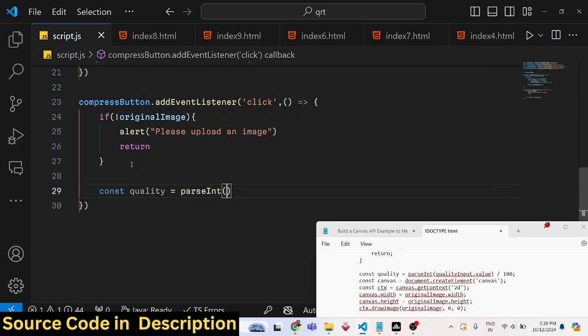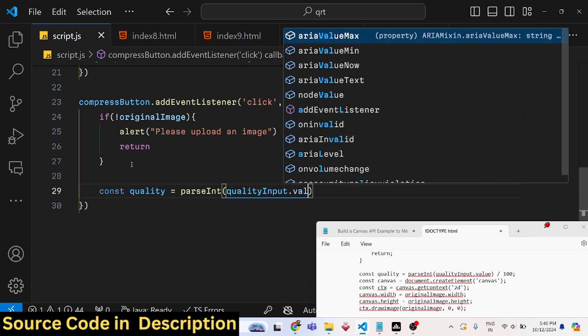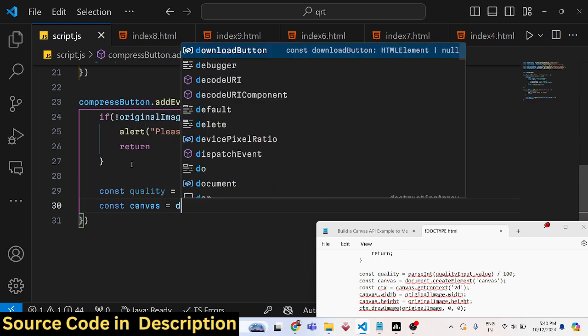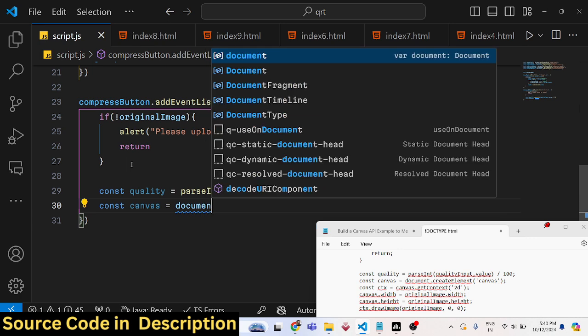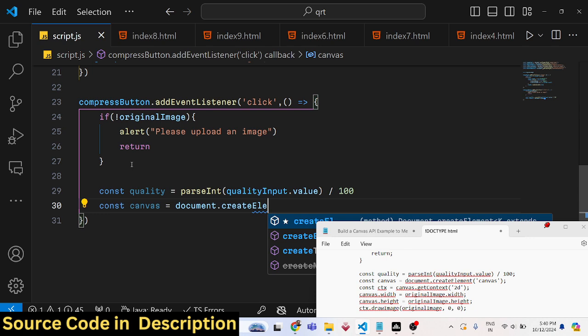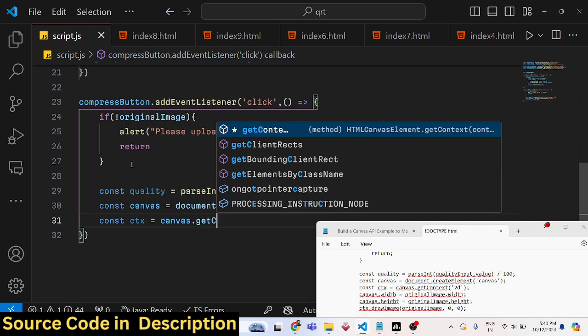So the quality here will be a numeric value. So that's why we will be typecasting the value coming, using parseInt on quality input dot value, and we will be dividing it by 100 to get the percentage value, and then we will be using the HTML canvas API. We will be creating a dynamic element using the createElement function in JavaScript. We will be creating a canvas element, and we will be getting the 2D context of it by using canvas.getContext,